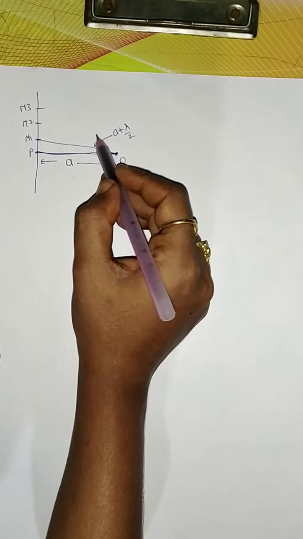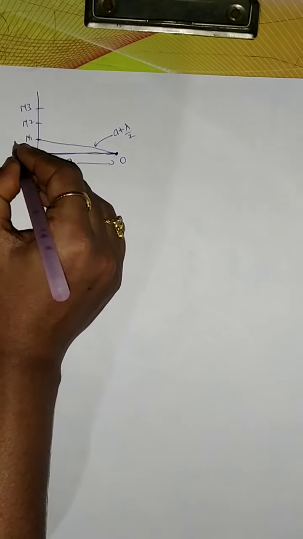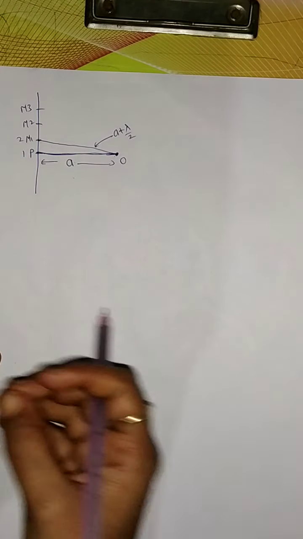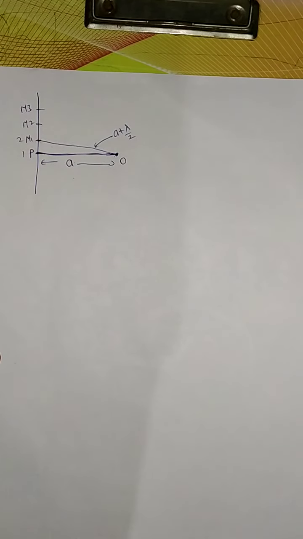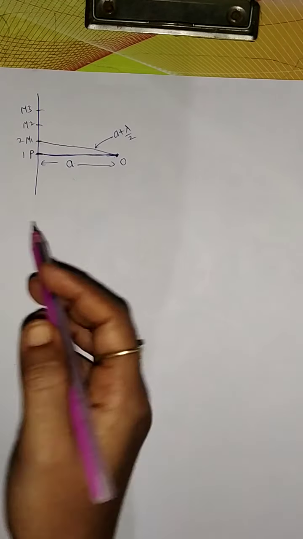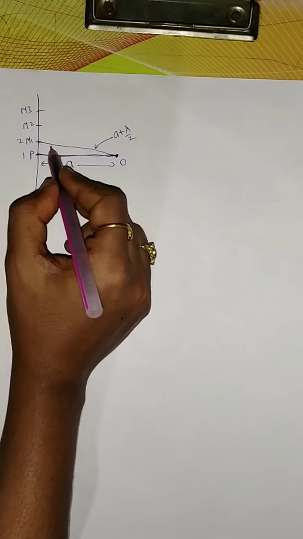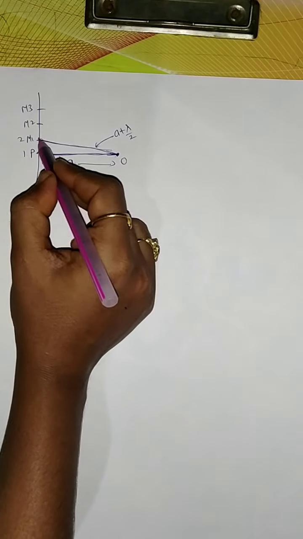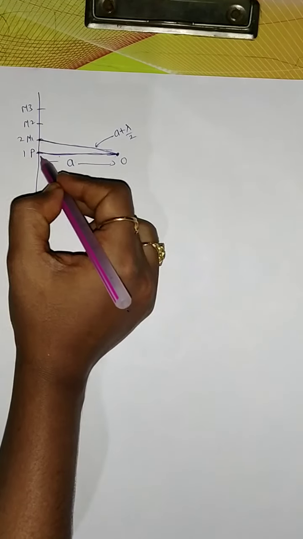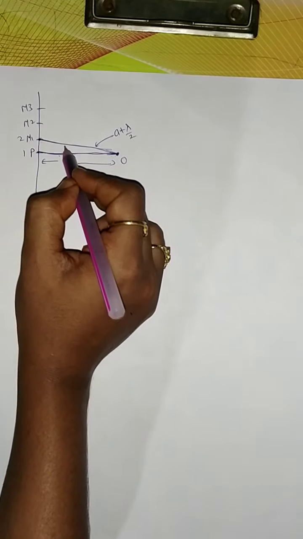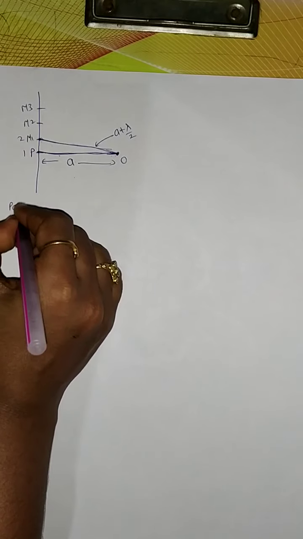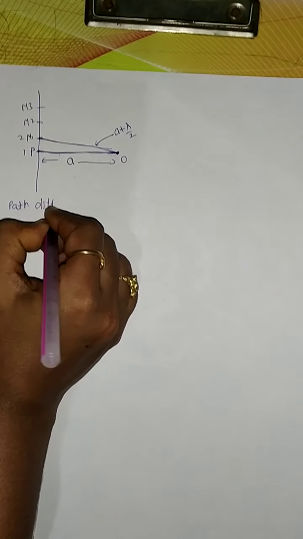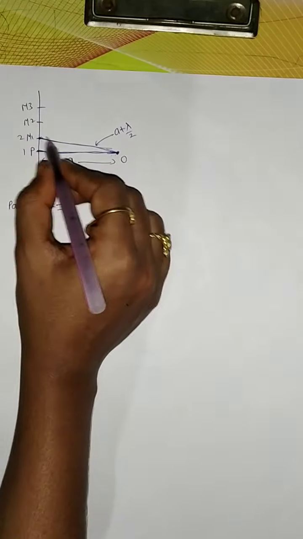So if that is the case, then both the rays, the first and second ray, are traveling an unequal distance. And if they are moving with unequal distance, of course from the figure we will come to know the second ray covered an extra distance than the first ray. See here, its distance is more than this one. So how much extra distance will it cover? That one we call the path difference.